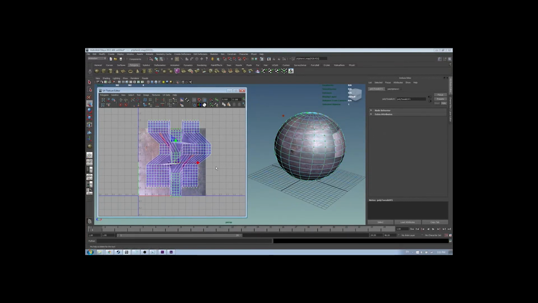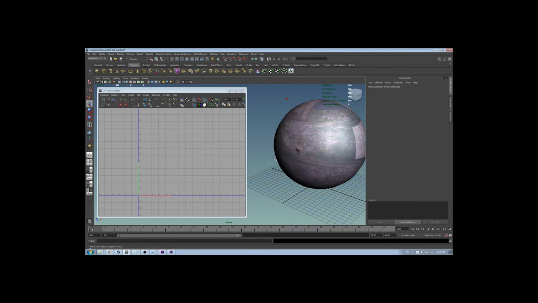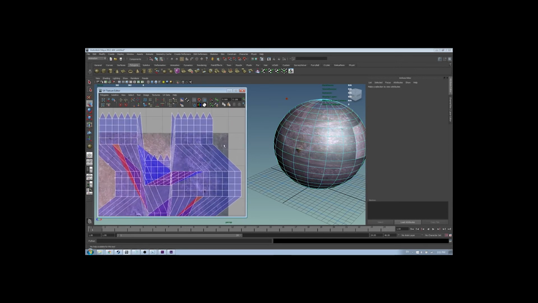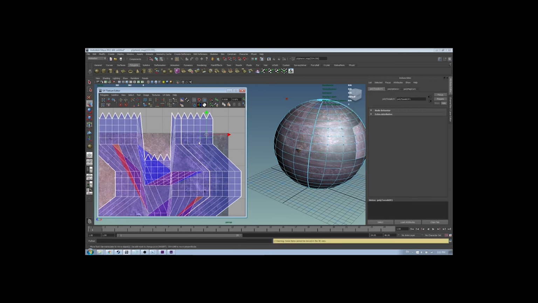But all in all, the UV texture editor, you've got your very generic tools. For example, if I were to go to Edge and say I'm going to cut the edges here, I'm going to go ahead and cut. And let's just turn on the UV borders. You can see where the borders are. You can go to your UV mode, select the UVs, then shift and period or comma to increase or decrease the selection. Okay, this basically selects everything, and then you can move your